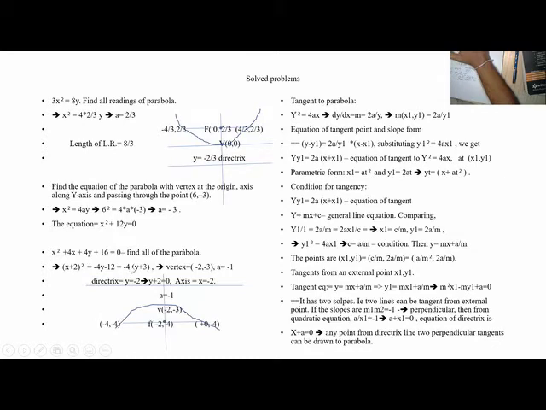So a is what? 4a into y. B is 1. So b is 1 here. From here, the focus point is 1 down, so -4. So the directrix is 1 up, so -2. This is the y is -2 line. This is the y is -4 line.